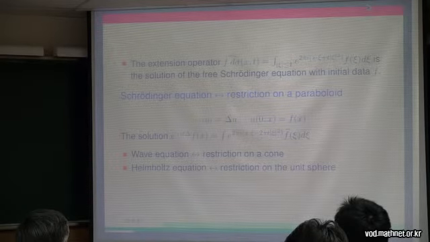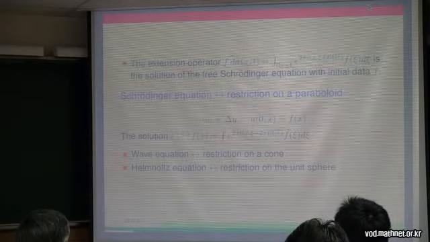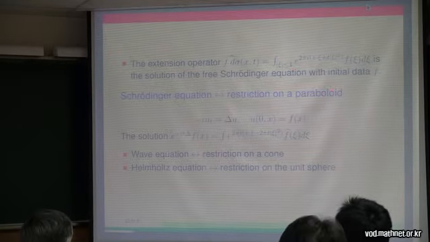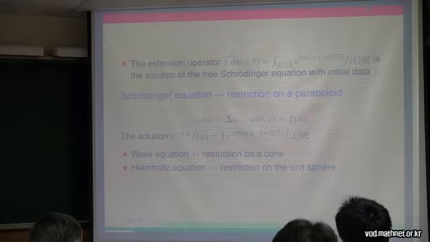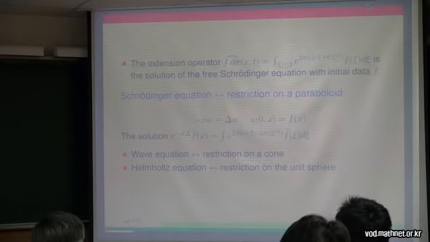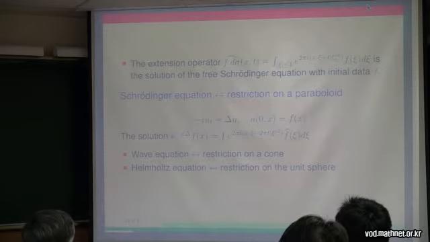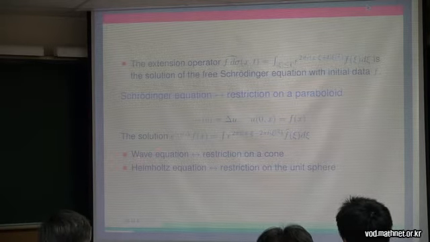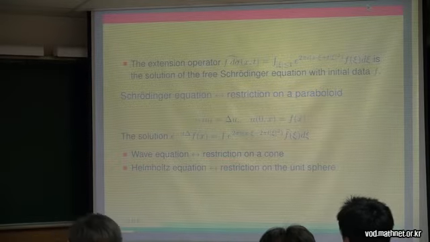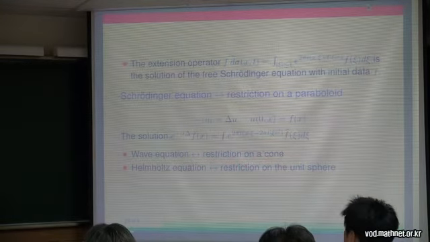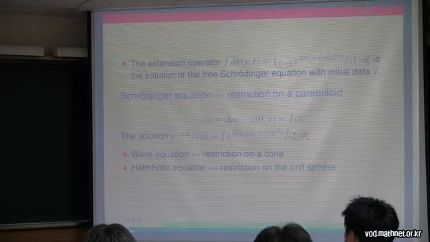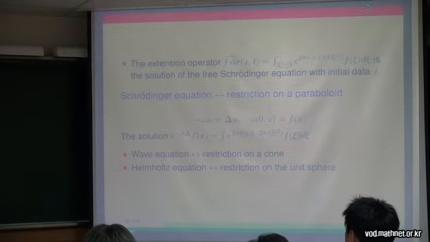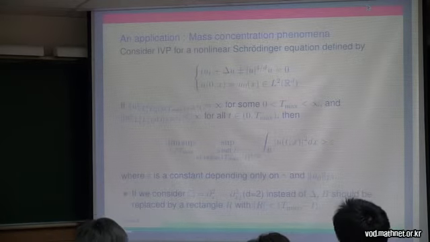The extension operator, as I told, is the solution of the free Schrödinger equation with initial data f. The solution of the Schrödinger equation is related to the restriction operator on the paraboloid, and for the wave equation, the solution is related to the restriction estimate on the cone, and the Helmholtz equation is related to the unit sphere. So here is an application